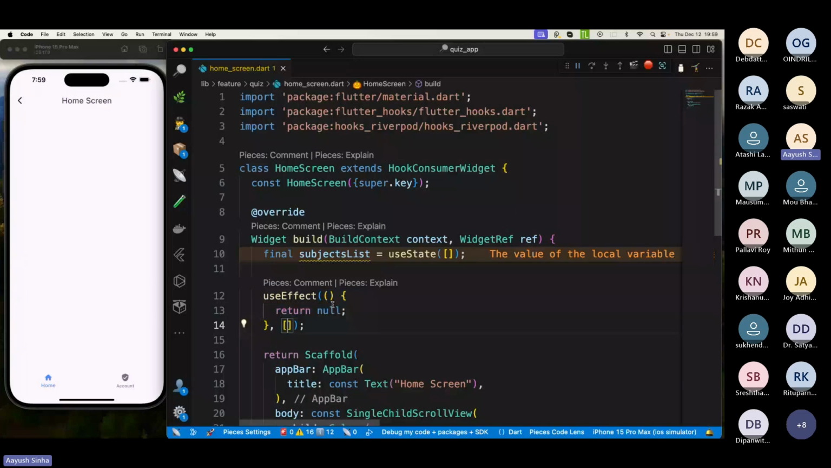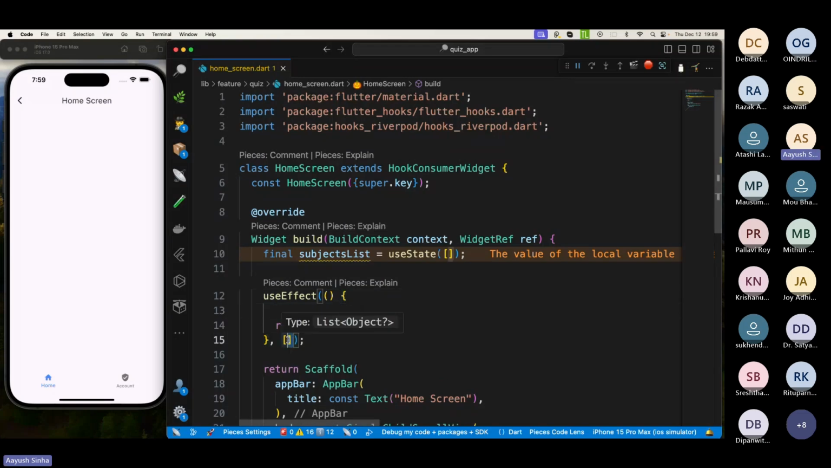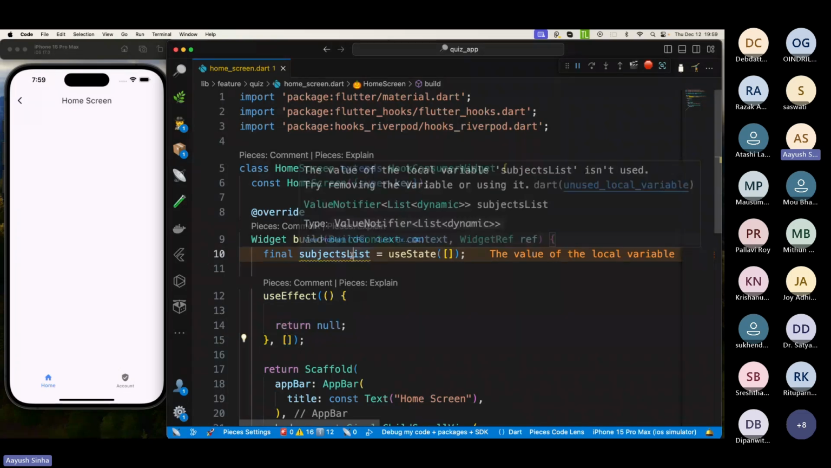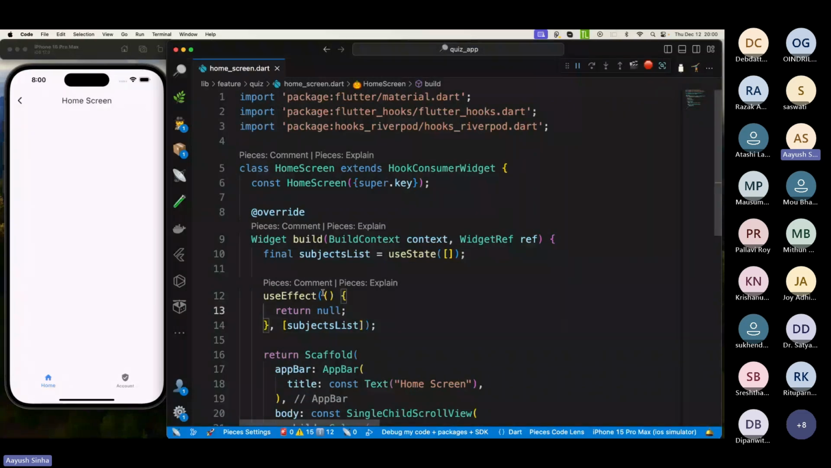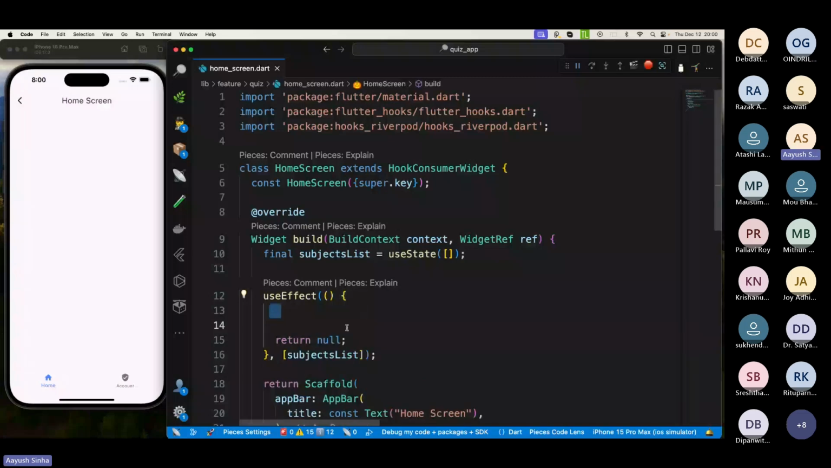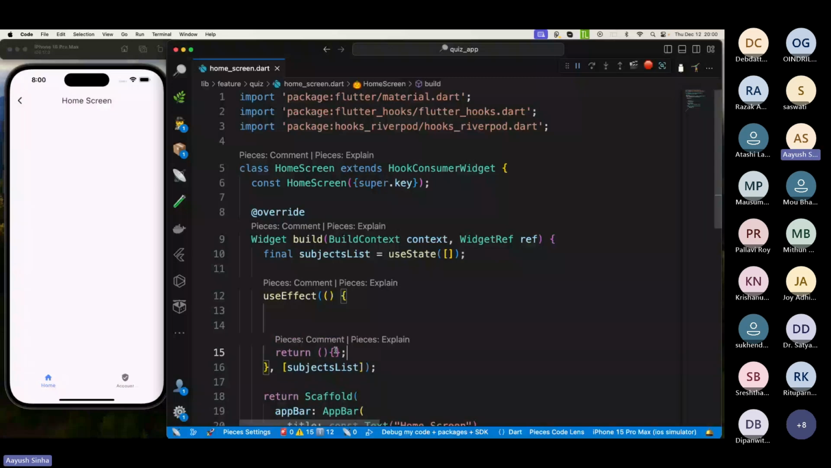So when this function will run for the first time and for the last, it's dependent on this list. If I give here some value, suppose subjects list, if I give this variable here, so use effect, whatever code I write in this place will run every time the value of subjects list changes. And in this return also we can return a function here. So this function will run when, like, if you can see